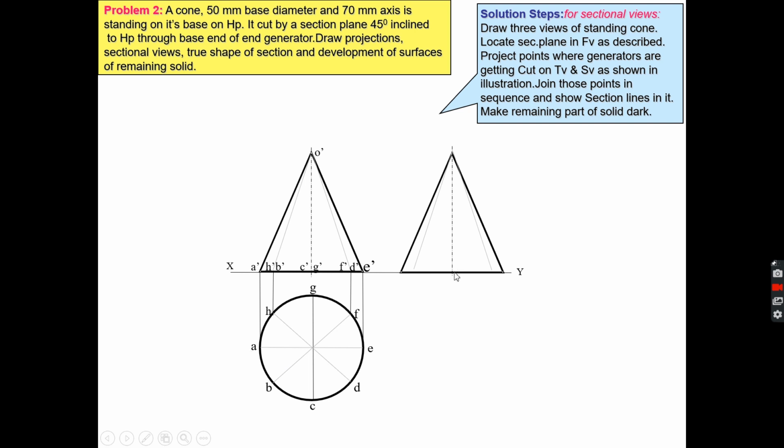Similarly, this point will show you point E as well. Similarly, this point will show you point D as well. So like this, you can complete this side view.